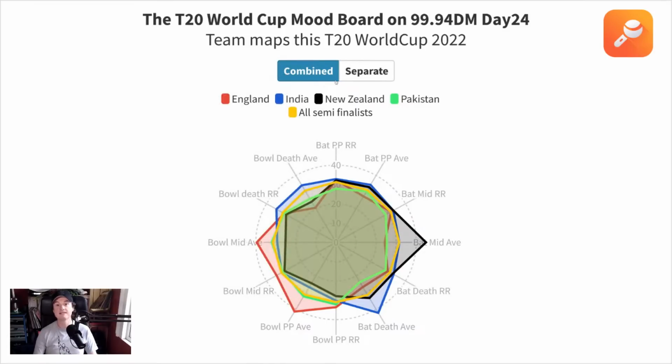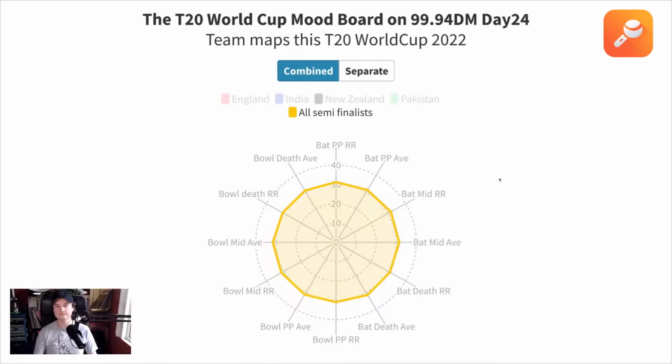On a very basic level, I'll just click some of these off. This is what it should look like if you're a perfectly well-balanced team. More or less, this is the average of these four teams. If you were a very ordinary, bang average team, you would have this kind of shape. Obviously, none of our teams actually have a shape particularly like this. It's completely different, the way that they come about. That's where the interesting thing happens.